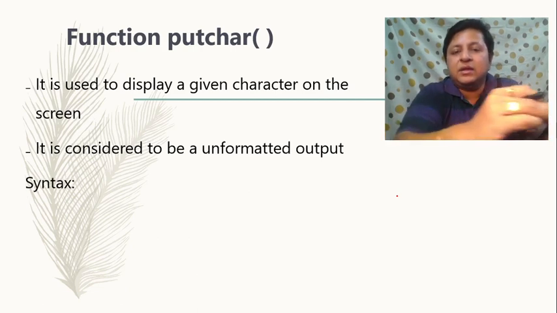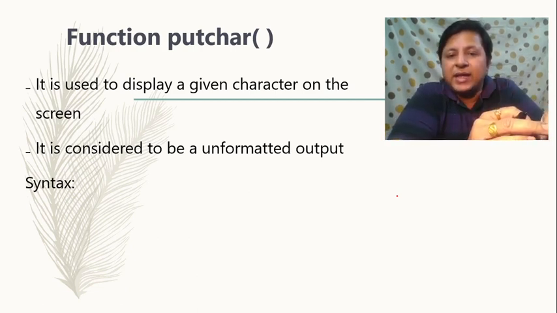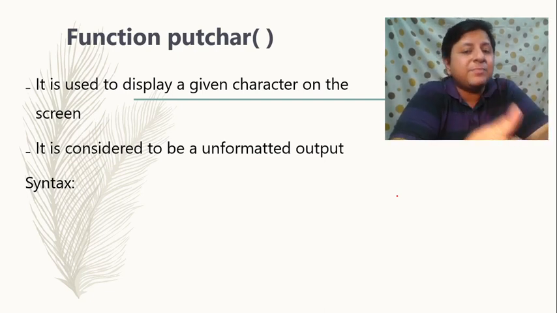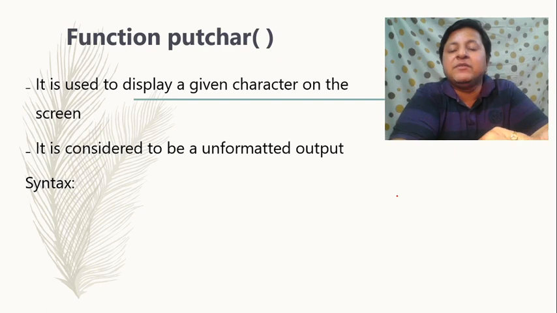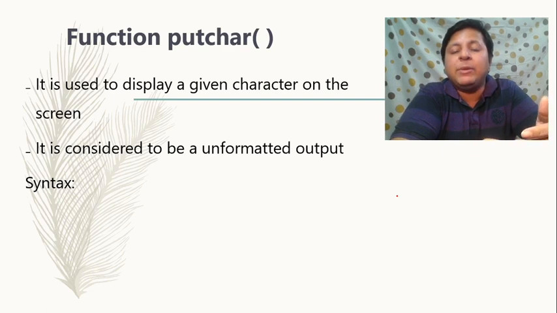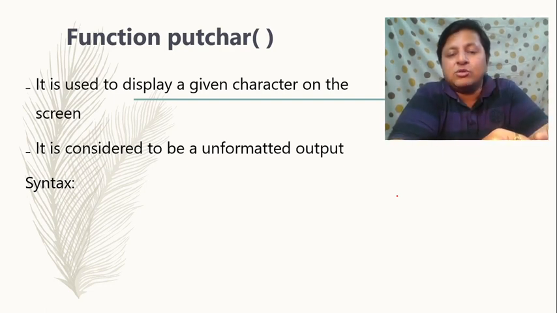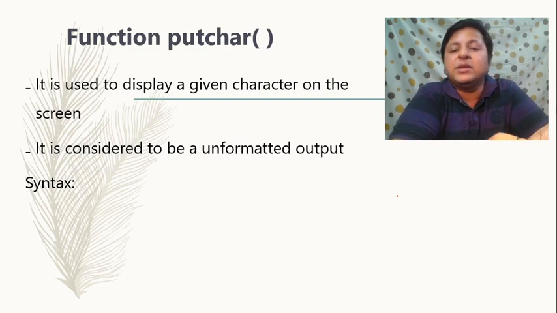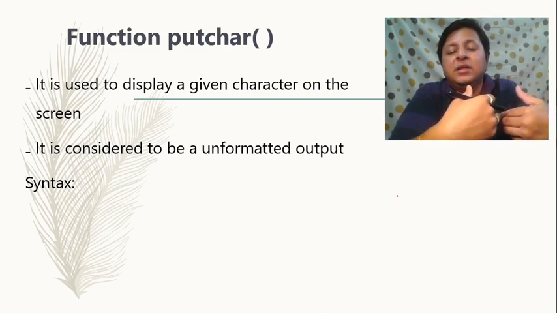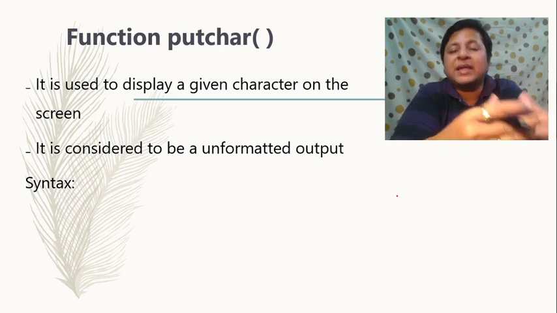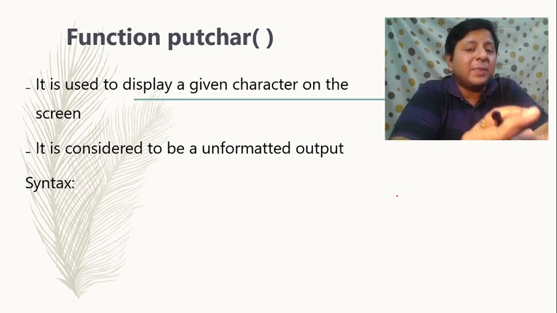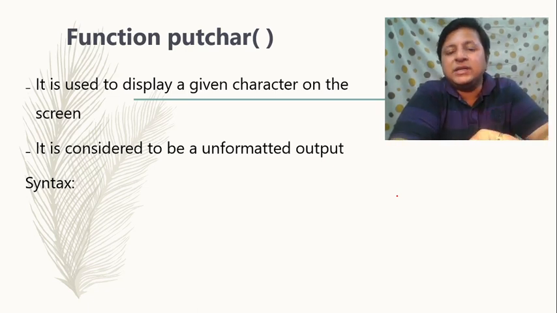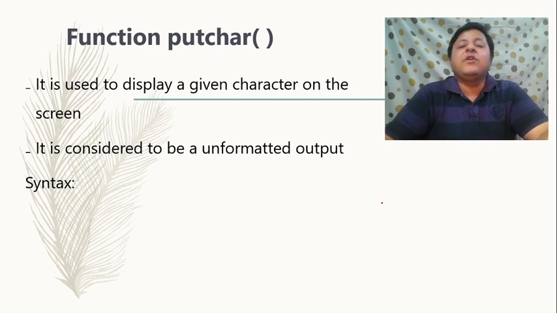Now what about the syntax? By now you might have understood. The name of the function is putChar. What about the argument list? Yes, putChar expects us to give one character which it can display. So how many arguments? 1. What is the type? Char. So within the brackets you'll have a char as the argument specified. Whereas the return type is nothing, because it is not supposed to return anything to us. It is supposed to take an argument, that is a character value, and display that on the screen. The return type nothing is mentioned with the help of void.